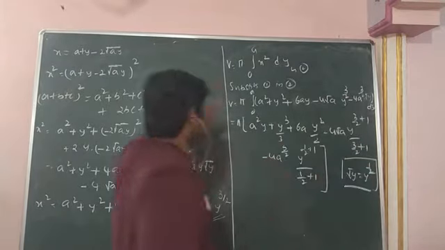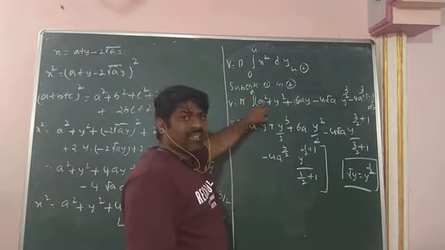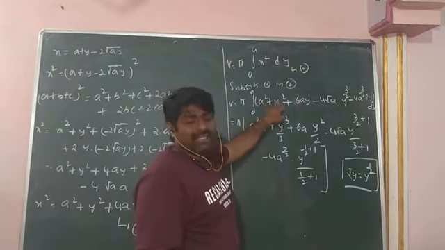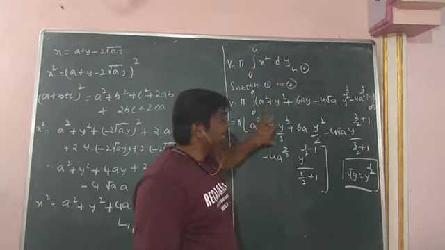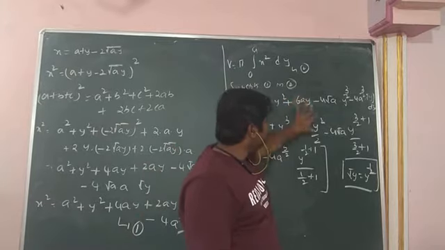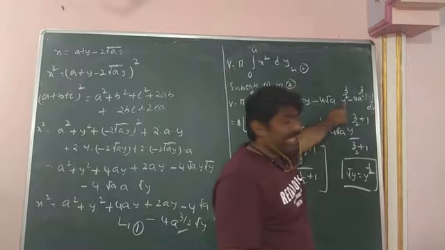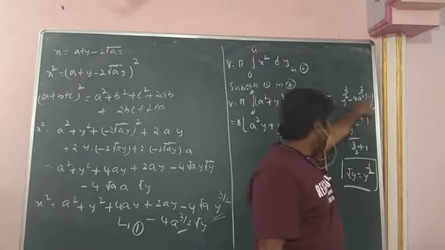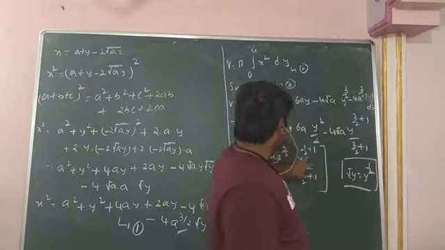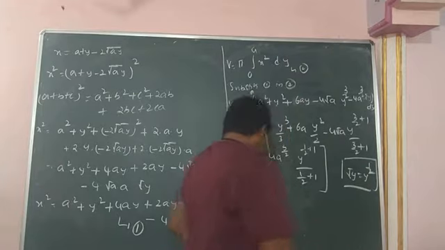We do that integration. In that integration, a square is a constant. Integration of d is nothing but a y. Y power n is nothing but y power of n plus 1 by n plus 1. This is nothing but a 1 here. Y power of 1 is y square by 2. And y power n is y power of n plus 1 by n plus 1. And next, root y. Root y is nothing but y power of 1 by 2. Y power of 1 by 2 is nothing but the y power n formula, y power of n plus 1 by n plus 1.